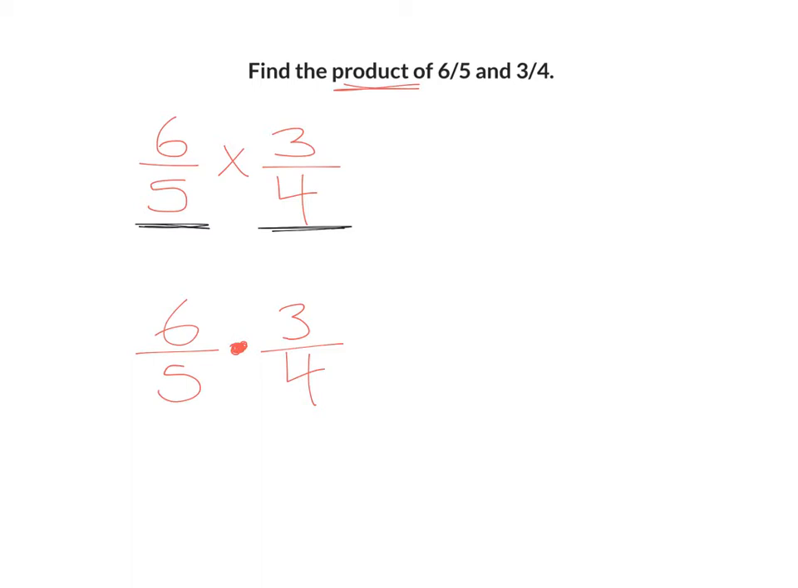And what we also know about fractions when we're talking about multiplying is that we can say, what is 6/5 of 3/4? So there's so many different ways that we can show multiplication to find the product of 6/5 and 3/4. Well, let's start with